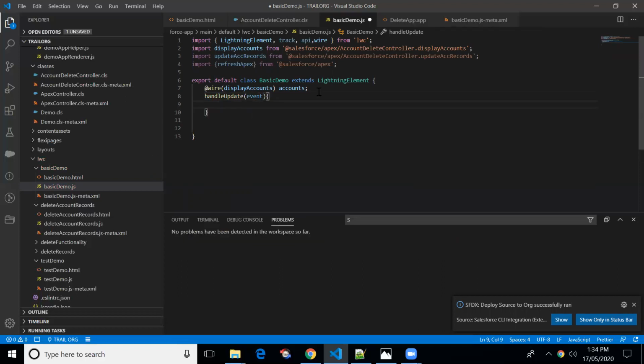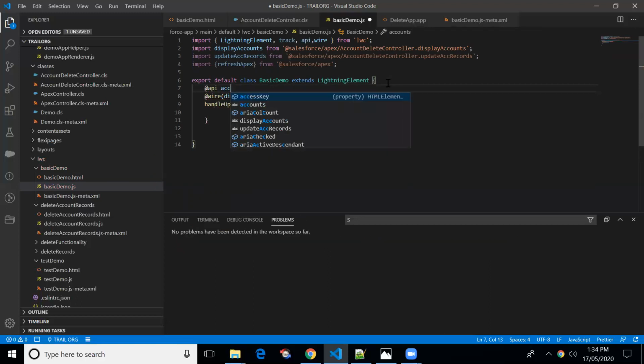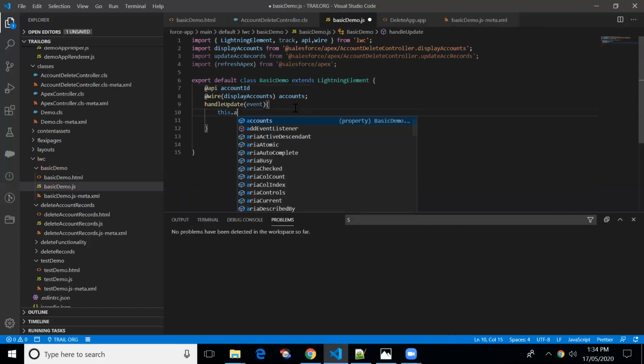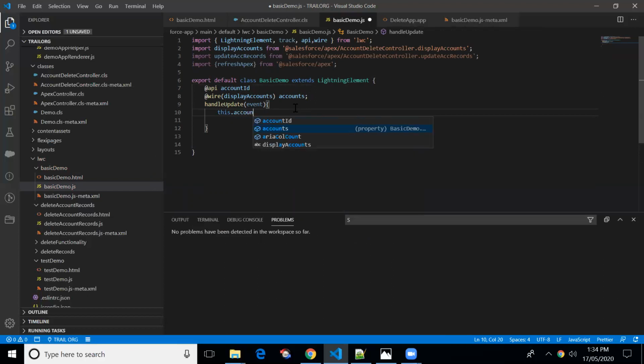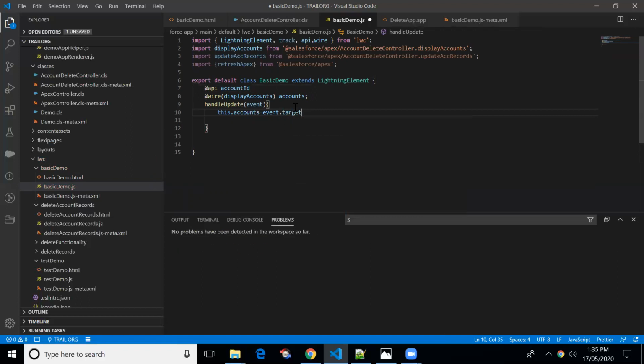Here I'll be creating one variable, which will hold the account ID. If you want to use this variable, we have to use this dot account ID equal to event dot target dot value, to get the current value. So I'm getting the value and putting it into a variable. Sorry, this is this dot account ID. That's it. Once the user clicks on a button, we'll be executing this method.